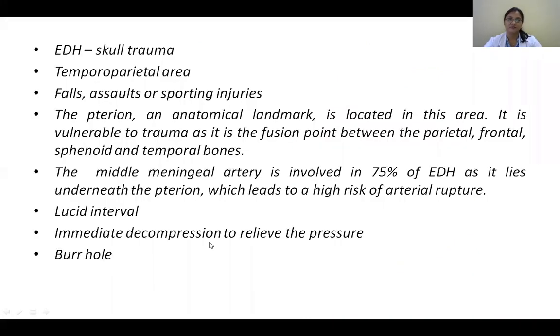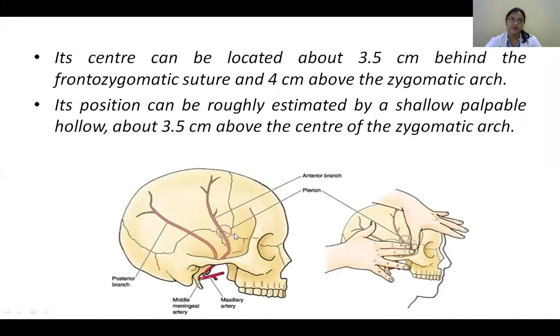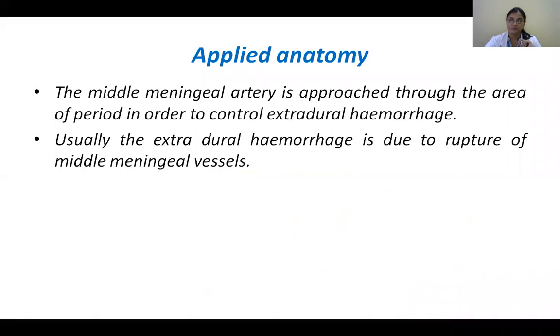So I've just written it. You can just go through it. So the pterion, which is the H shape here, is where all the four bones come together. This is related to your middle meningeal artery. This pterion is important because in certain procedures, you can reach it by knowing its surface marking. And the middle meningeal artery is the cause of your extradural hemorrhages. So extradural hemorrhages are usually arterial bleeds.